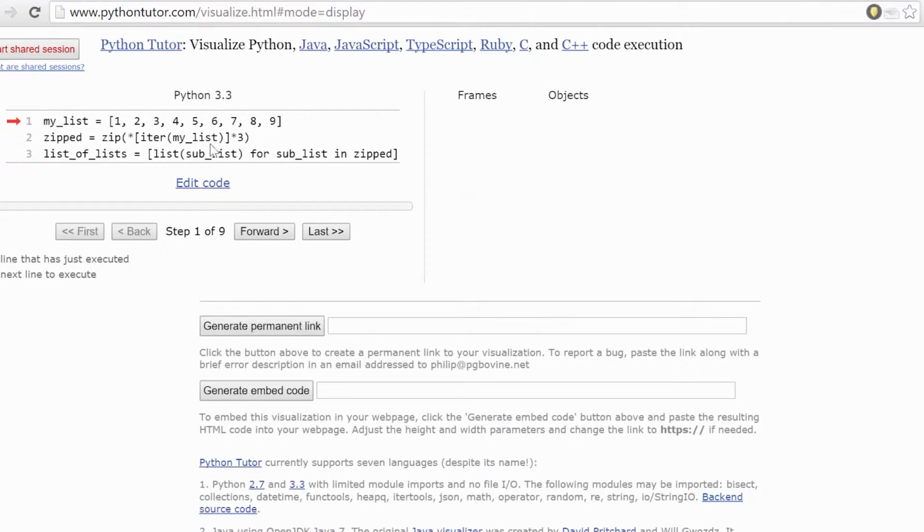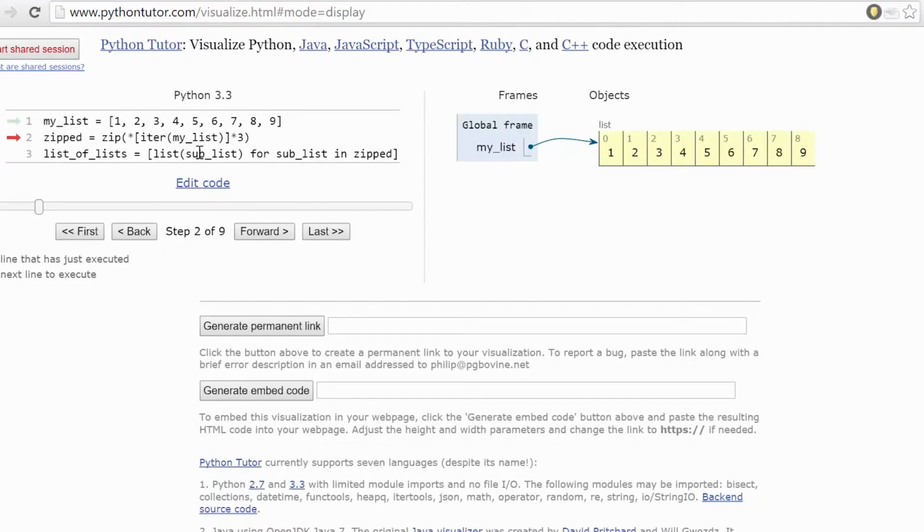So now it will visualize this, and as you can see right now it's pointing at the first line up here. So when I'm pressing forward, it will execute this. So what this does is actually just creating my list with the 9 values. So now it will execute the zip function called here, and as you can see, we can't really see what is happening inside here, but it gave us this zip instance, this zip object. But the interesting part comes now when we look at the list comprehension here. So it will perform this list comprehension on the zip instance,